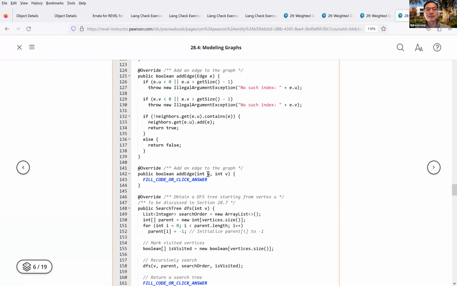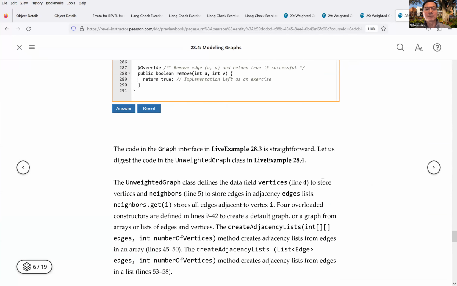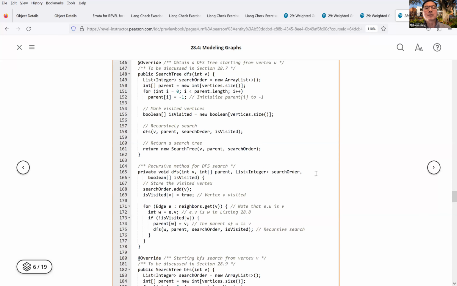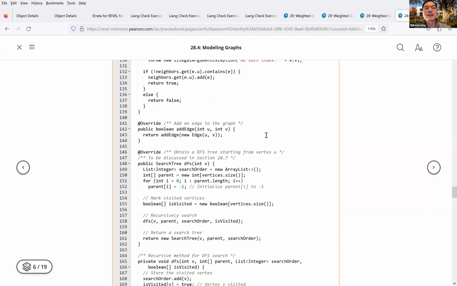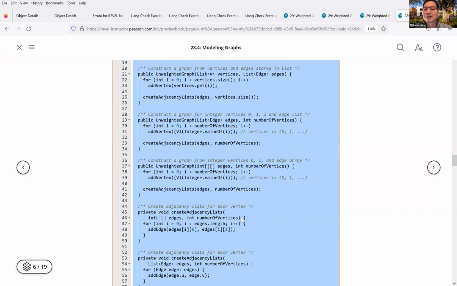Look at this edge. I'm going to do this answer here. Now you can see this is the edge right here. So here, edge. All right, you see the edge? It is this. There's one. There's another. So there's addEdge. It is the